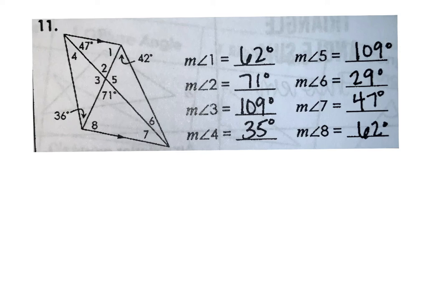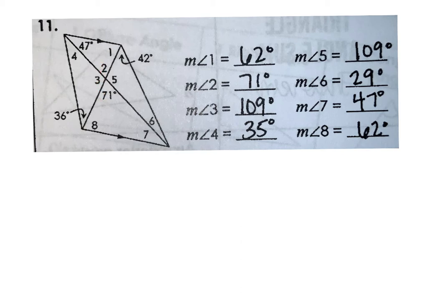So this is number 11 on the second handout. The triangle sum one. When you look at this, you're going to try to find the ones that are easiest to find. So when I'm looking at this, I see that I have 71. It is vertical angles with number 2. All right, so I'm going to immediately solve for number 2 first because I really don't have to do anything